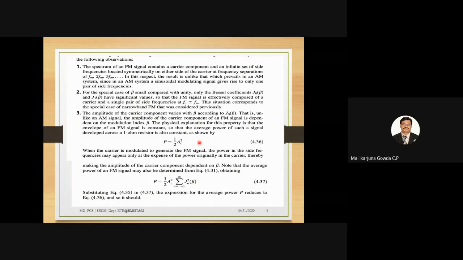The amplitude of the frequency modulated signal is constant, right? It is the same as that of the unmodulated carrier signal. But the frequency of the carrier signal varies, right? How does it vary? It depends on the amplitude of the modulating signal. That is why we say the frequency deviation, that is delta f, is proportional to Km. The proportionality factor is replaced by a constant, we say that is Kf. Right? Yes or no?